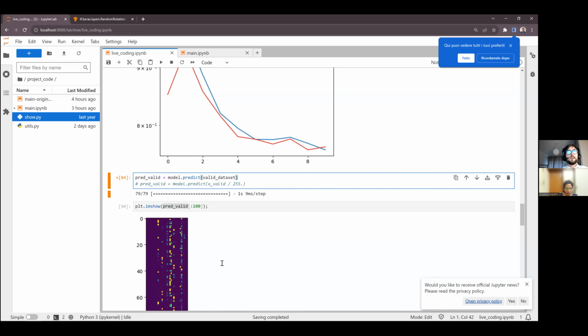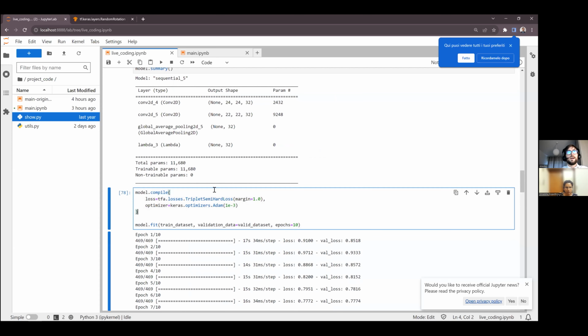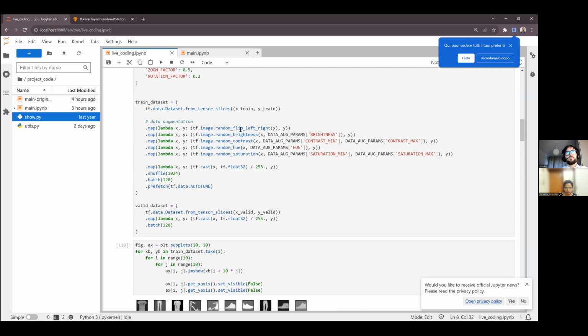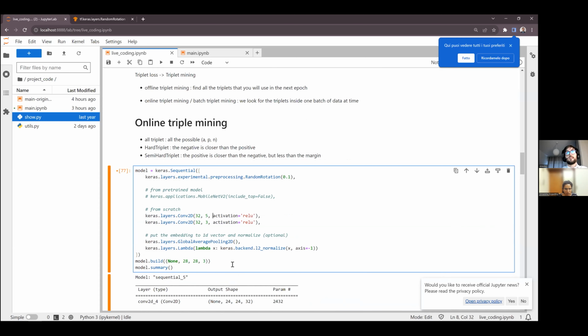Okay, we can try to run the model again with this transformation. Again, remember we have done all of that inside the train pipeline, and we have added the rotation here since it's already implemented in the layer. But we could do everything on one side, or everything on the other. There is no wrong or right way to do it.